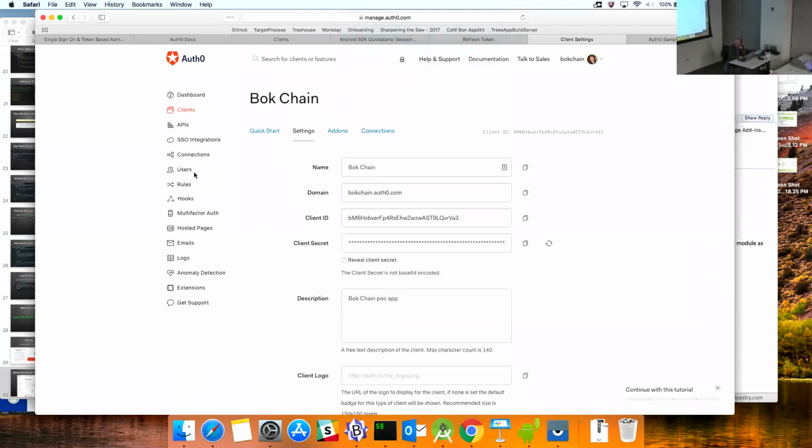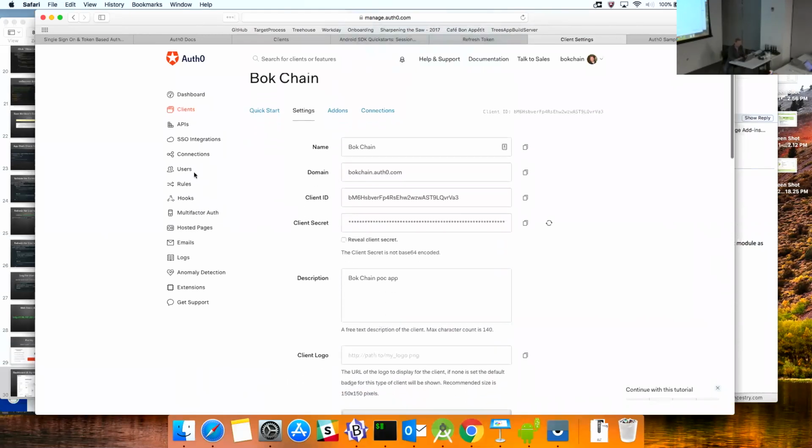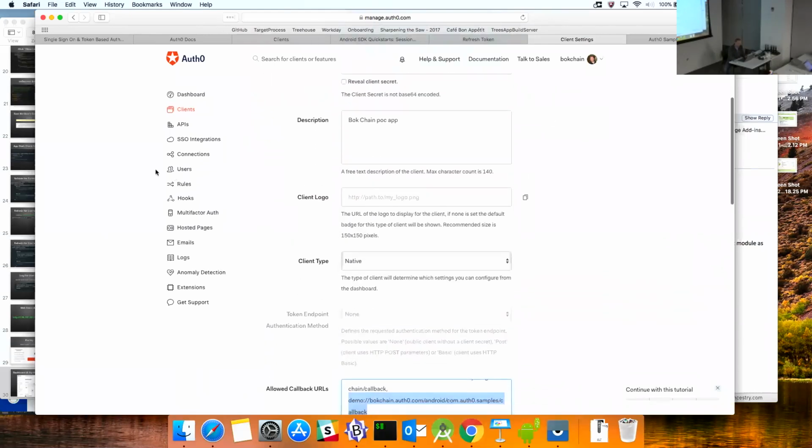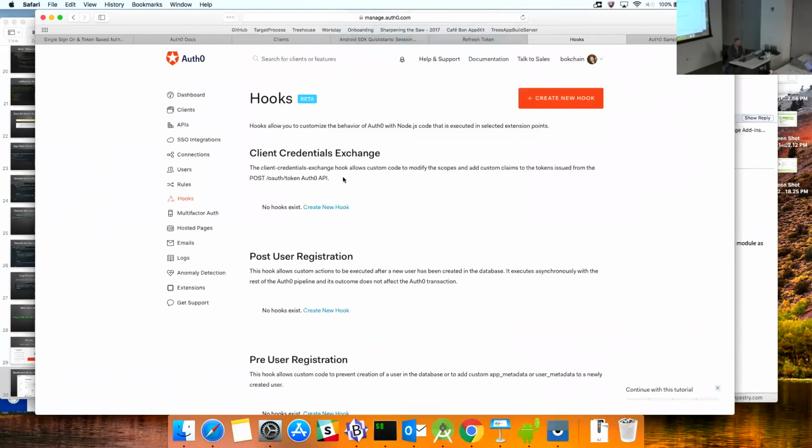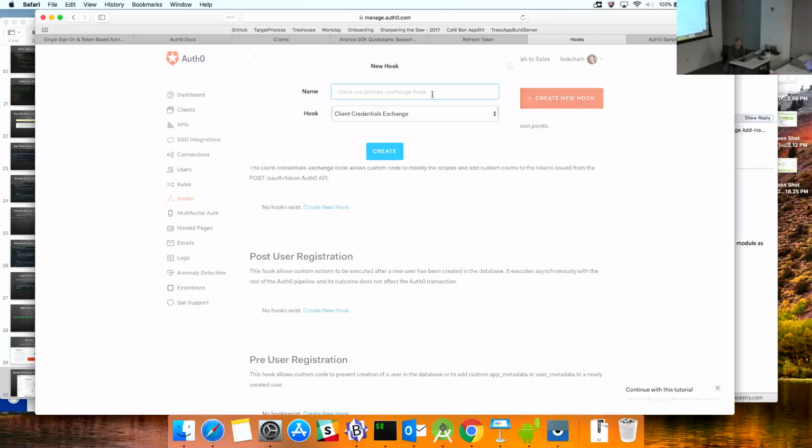But over here on the left is pretty small. Let's see what we can do about that. I don't use Safari enough for zooming, but hooks is right here. They've got hooks for different things. I created a new credentials exchange hook. That's what I was. Yeah. Sweet. So there's different hooks.